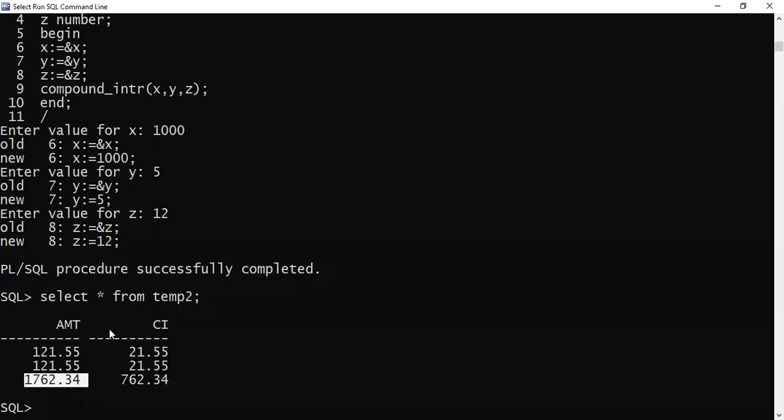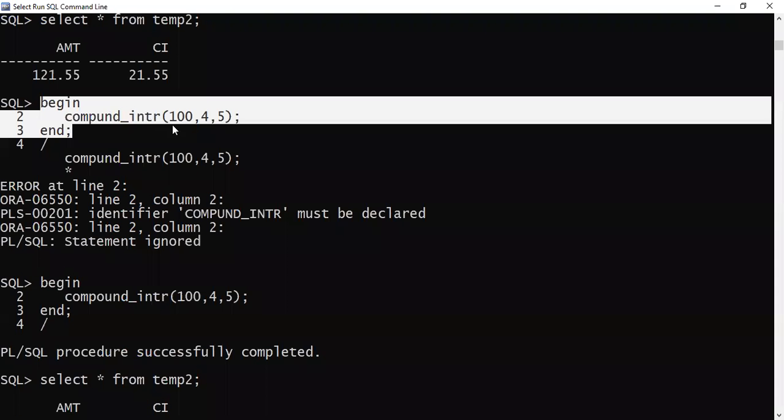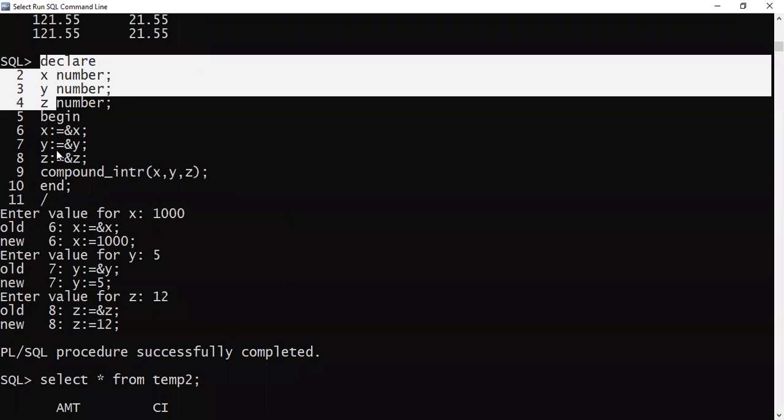So what are the different ways of executing? First way is directly executing by the exec command, passing the three values directly as numbers. Second method, you can have a simple program through which you call the procedure and pass the values. Third version, you declare variables, accept those values from the user, and pass those variables as parameters to this program.